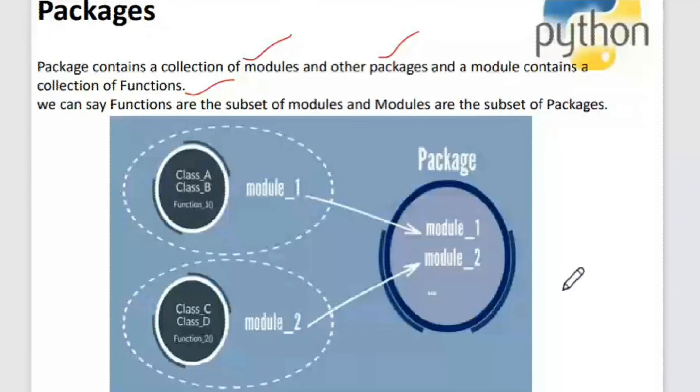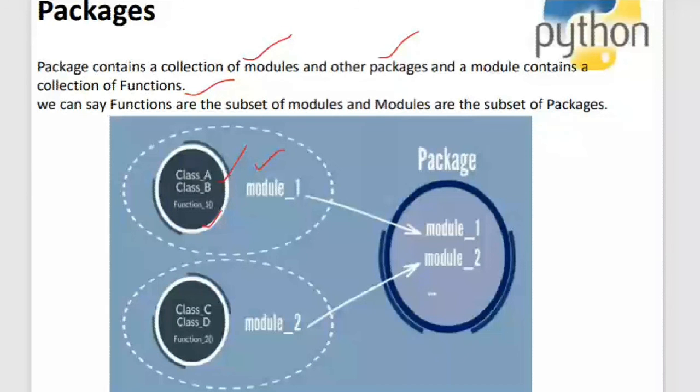Is it understood, girls? Let me draw a diagram for your better understanding. I have module one, wherein inside the module I have certain attributes: class attributes and functions. Don't worry about what is meant by a class and an object. Your next unit is object oriented concepts, which is a very interesting concept, and you need to learn it thoroughly, because in your next semester you have Java. The starting unit of Java is classes and objects, so it is very important for you to understand what is meant by a class and an object, which you will see in the next unit.